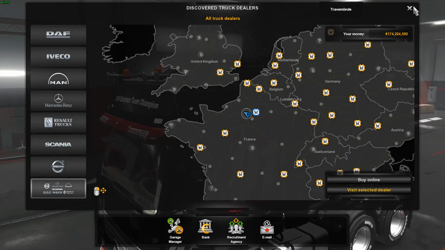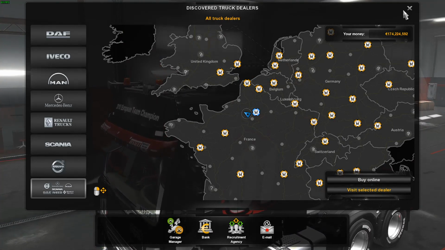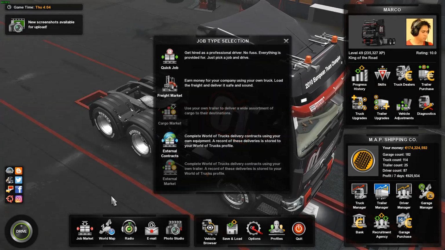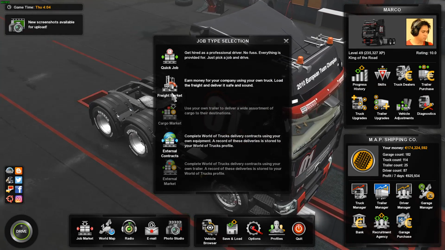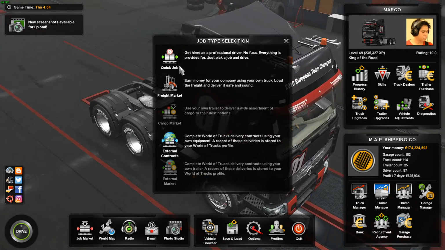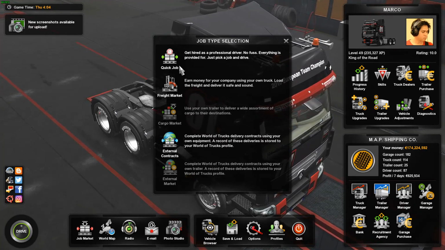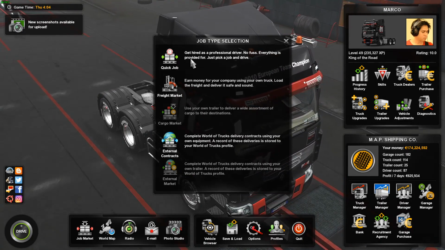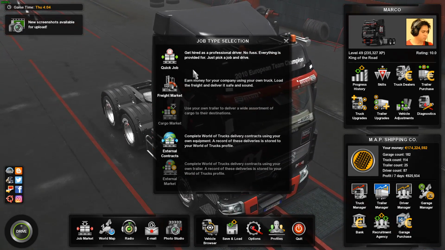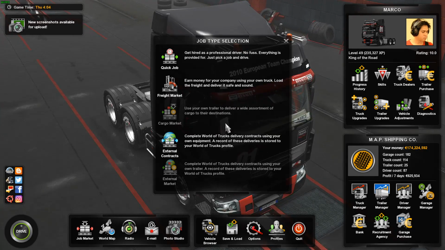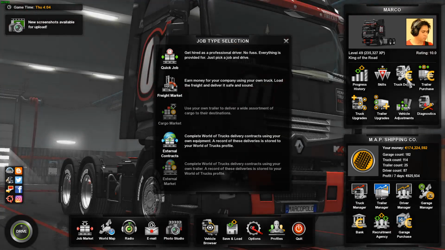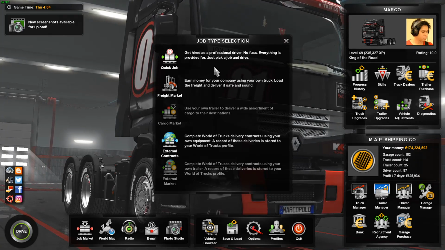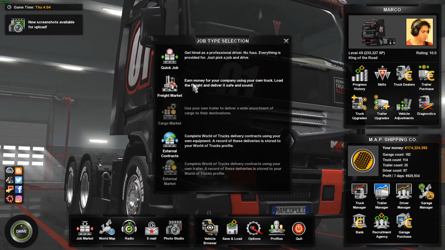Okay. So once you go here, you buy your garage, then you can go to the job market. We have quick job and private market. If you don't have enough money to buy a truck, you go to quick job. You always do this on the quick job. But later on, guys, I'm going to show you how to make money on the Game Pass and level up your skills. So this is the quick job, for when you don't have a truck. And once you buy your truck, you can now go to